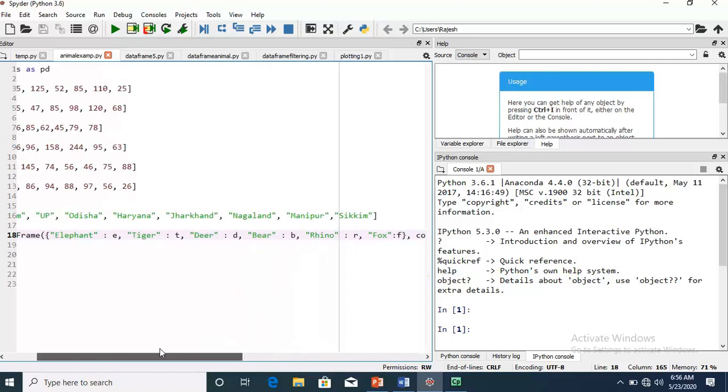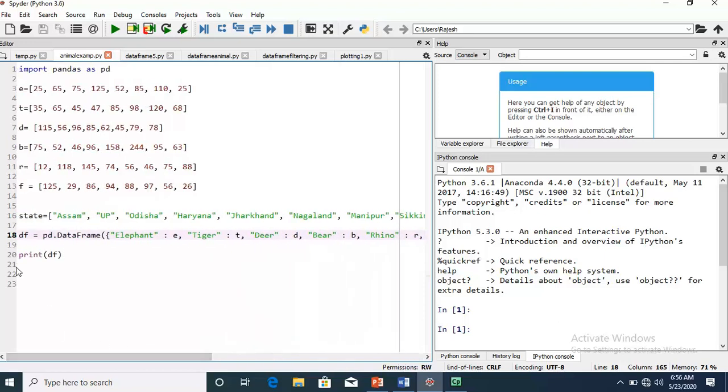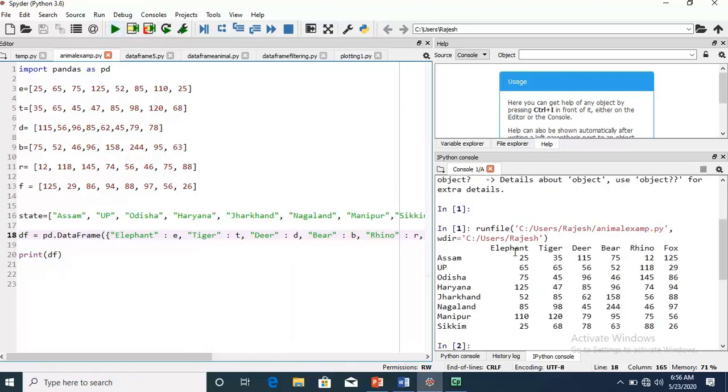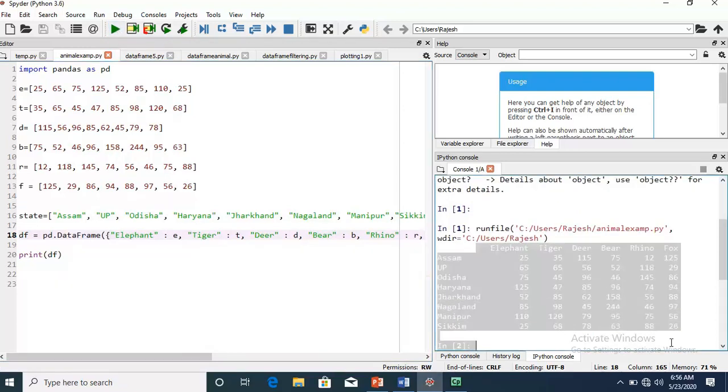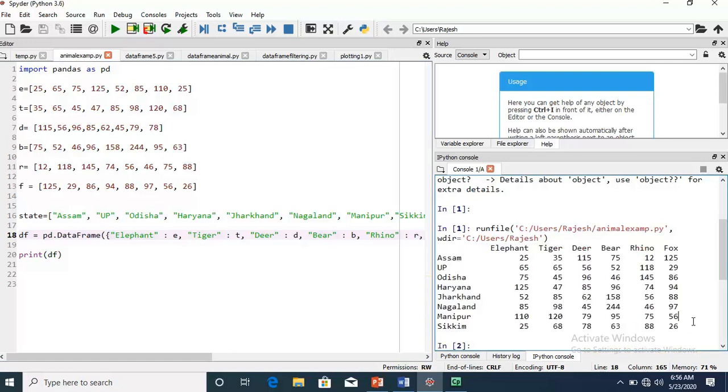Then I have used print df. Once our data frame is created, we print it. Let me see whether our code is working or not. Yes, I have executed it, and you can see our data frame is created. Okay, now move to the next question.